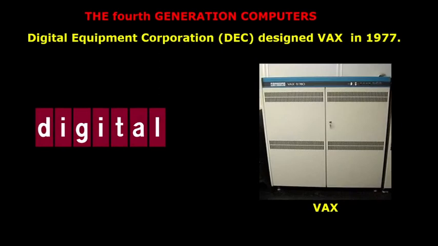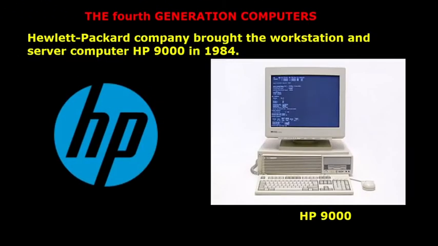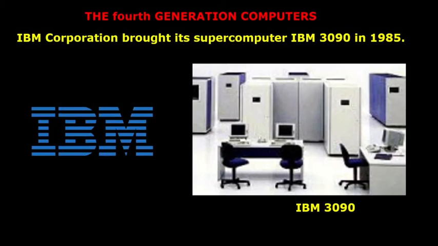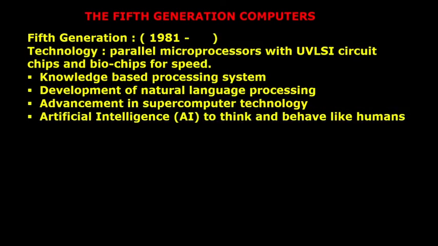Digital Equipment Corporation (DEC) designed VAX in 1977. Hewlett and Packard Company brought the workstation and server computer HP 9000 in 1984. IBM Corporation brought its supercomputer IBM 3090 in 1985. With this, the age of fourth generation computers ends and the fifth generation starts in 1981, which is still going on. And the technology is still advancing,